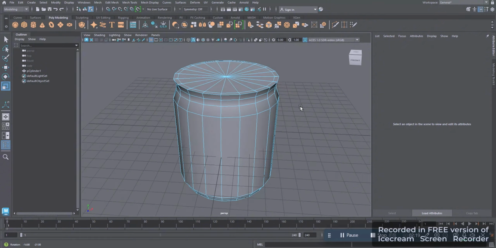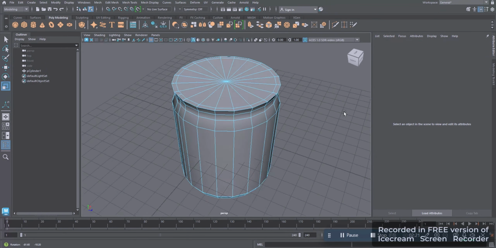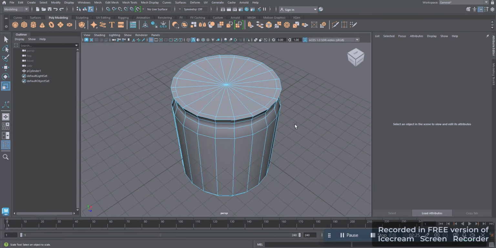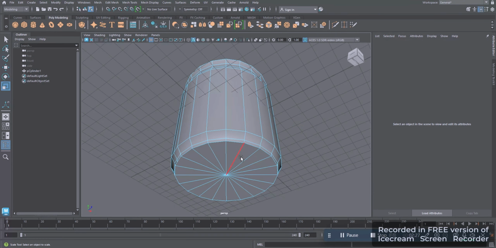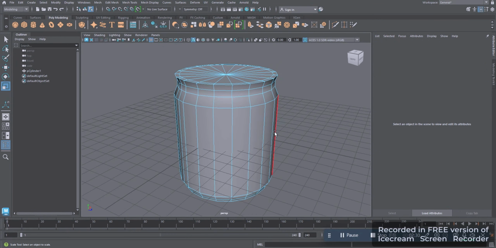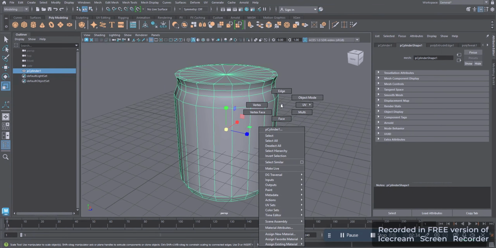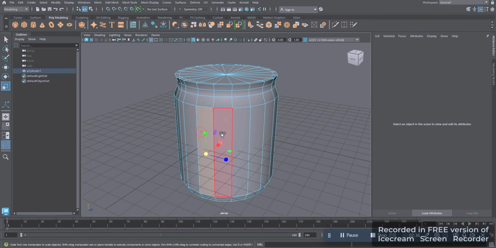So yeah, as you can see, our simple can is ready. So we can just select the faces here and extrude it a little down, select the faces here, extrude it a little down and something. And after making it, we can go to faces,